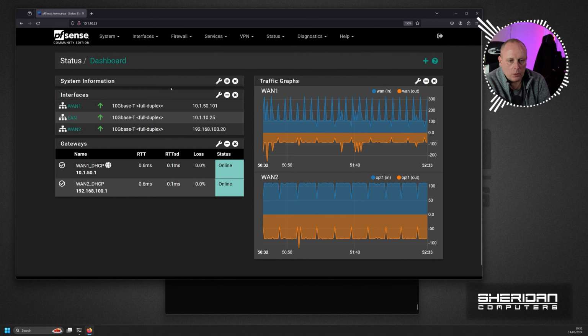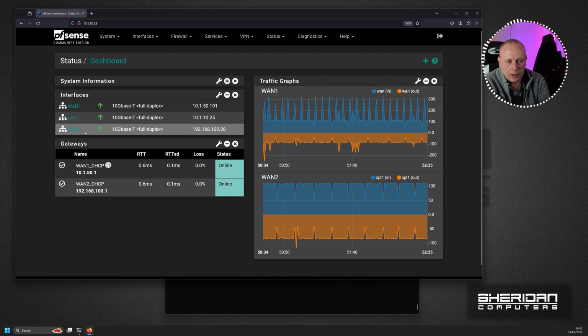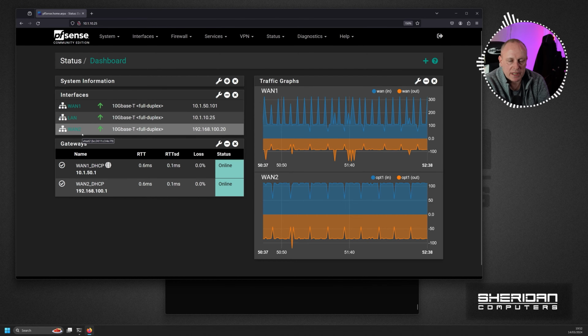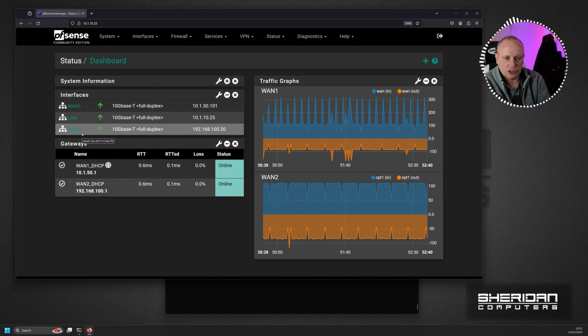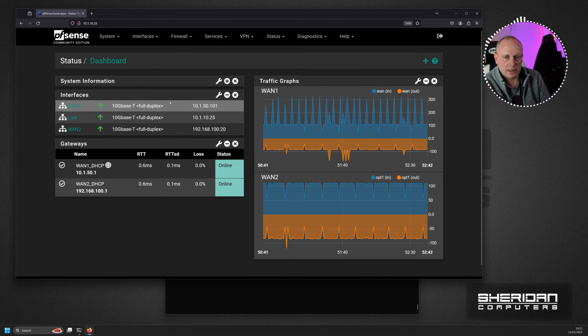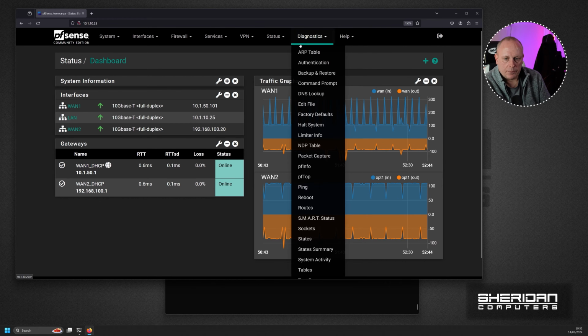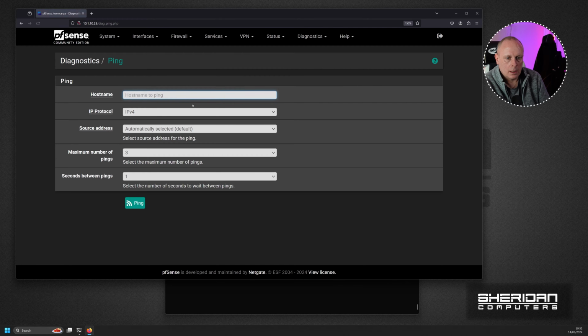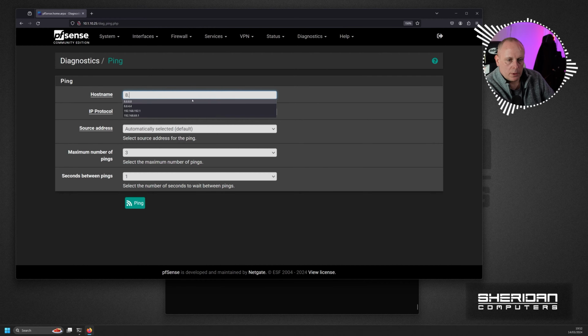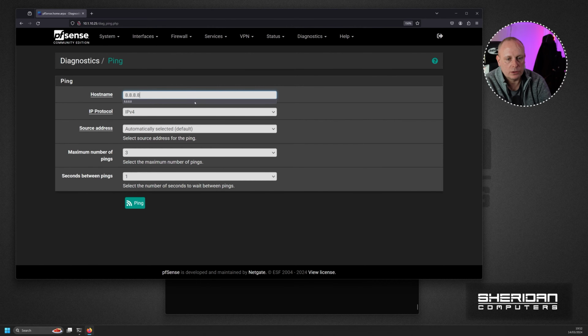With that, we need to make sure that both our WAN 1 and our WAN 2 are working before we proceed to start configuring load balancing. So if we go to diagnostics and I head to ping, in the host name, I'm going to put Google's IP, Google's primary DNS server. We'll leave the protocol for IPv4. I'm just going to set the source address to WAN 1 to make sure that traffic is going out of WAN 1 properly. And if we hit ping, we should get a response from